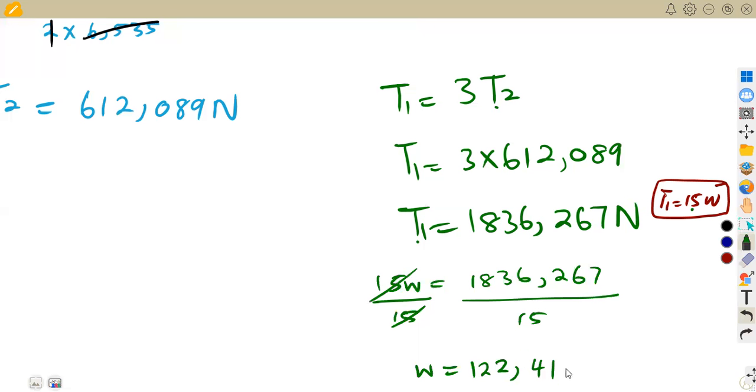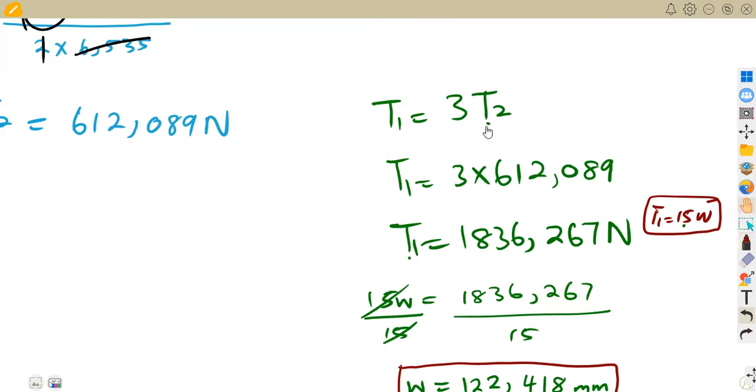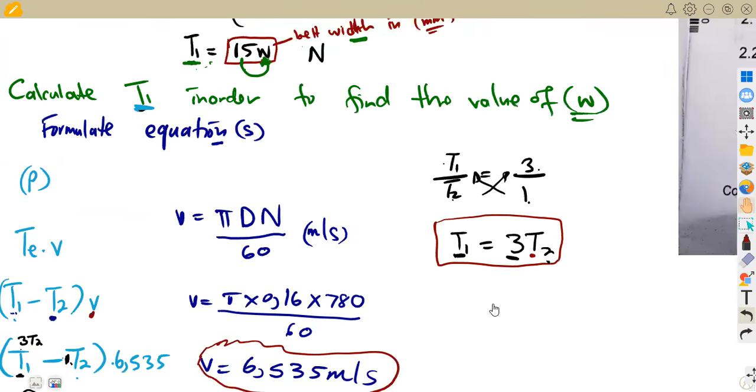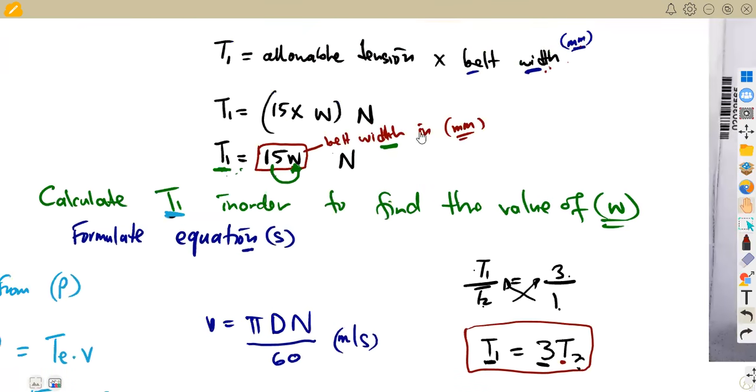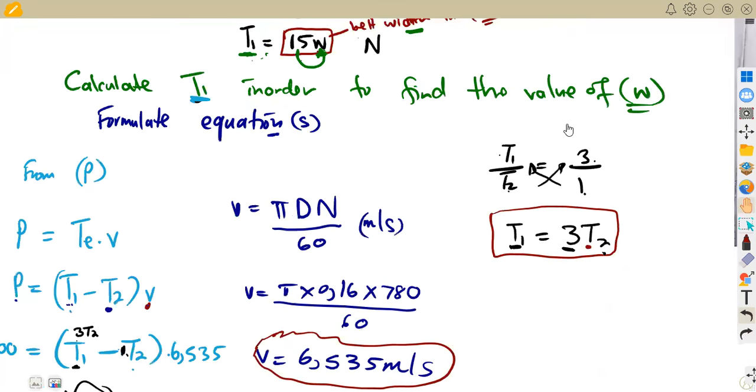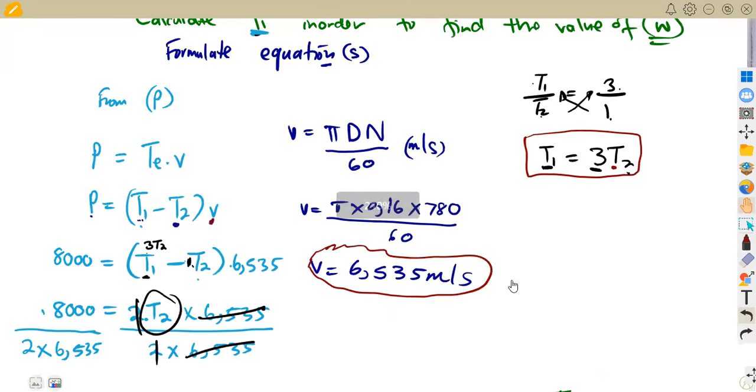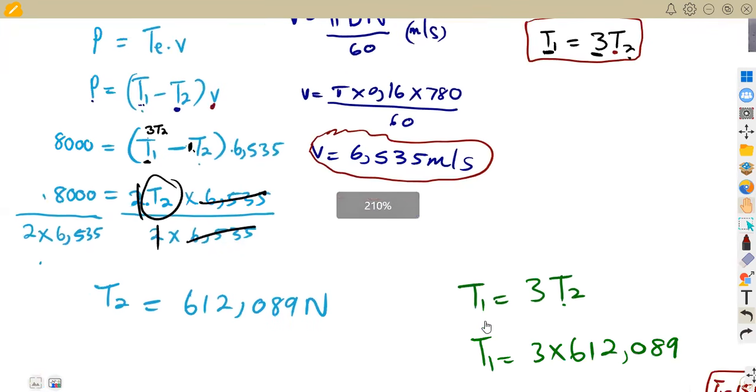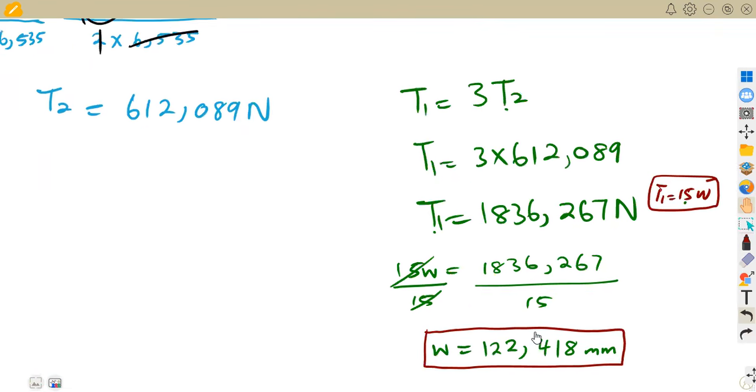Remember, we said this was taken per millimeter, which is belt width times the belt width. So this belt width, like I said, must be in millimeters. So at the end, we are going to obtain our answer for the belt width as